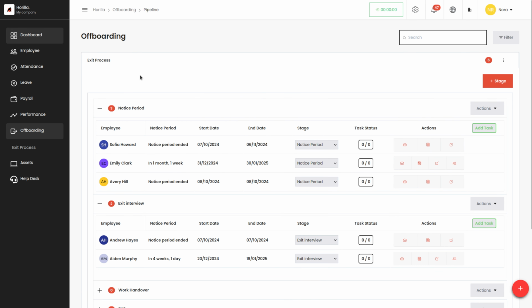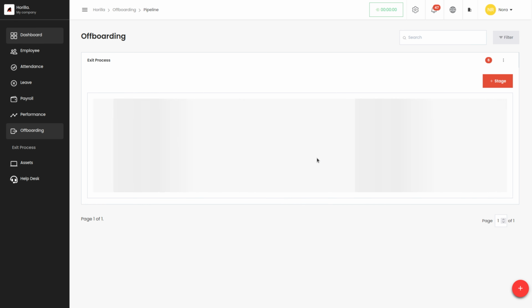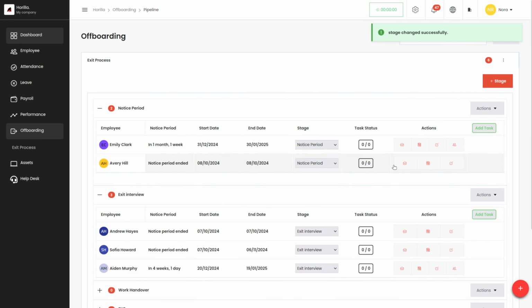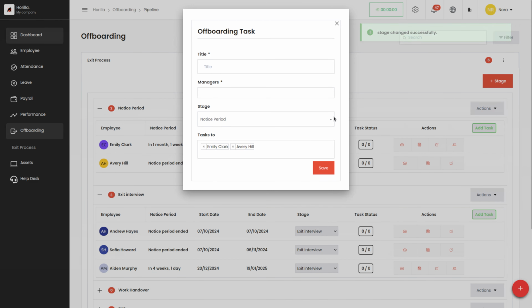Over here, we can see she has access to manage the exit process only, since she has been set as the manager for this. From here, she'll be able to manage the different stages of employees in different offboarding stages. So let's say if she has to change the stage of Sophia Howard from notice period to exit interview, she can just change the stage like this, and she'll be able to add tasks to the offboarding stages as well.